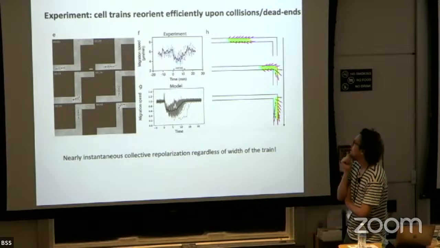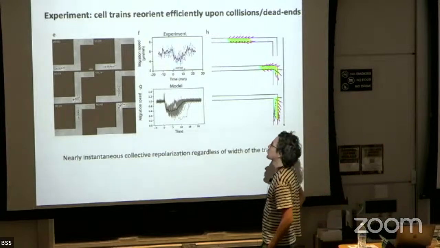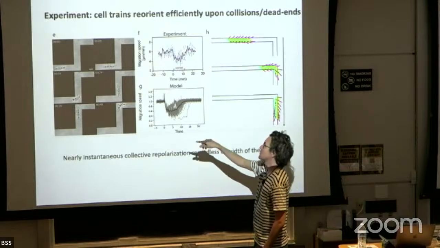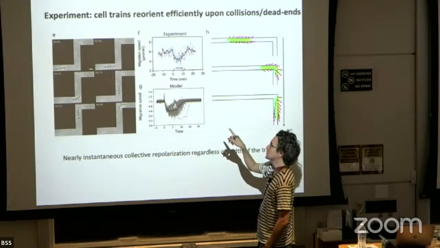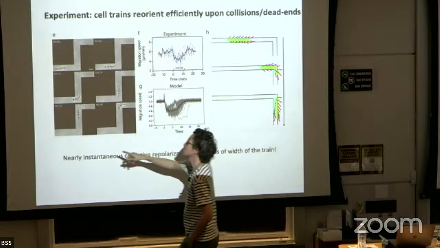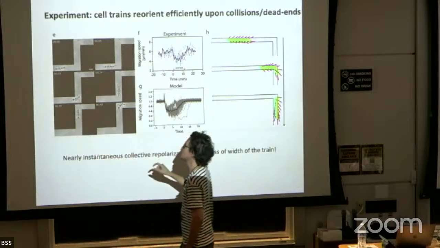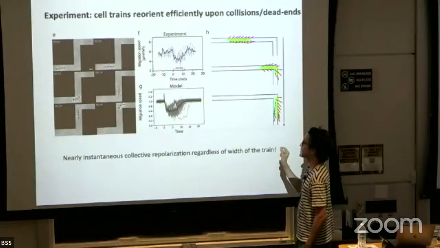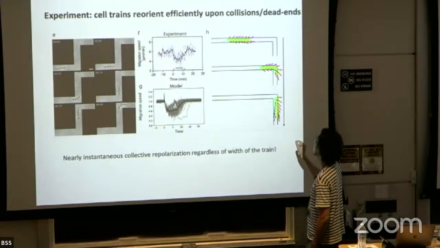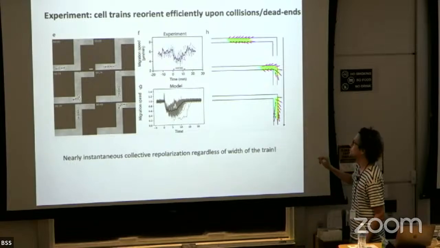Okay. This is just another small example of navigation through complex environments. It's not having an actual dead end, but instead negotiating corners. And it turns out that again, the cells are very efficient at negotiating corners. They only decrease their migration speed for a very, very short amount of time. And that's also consistent with